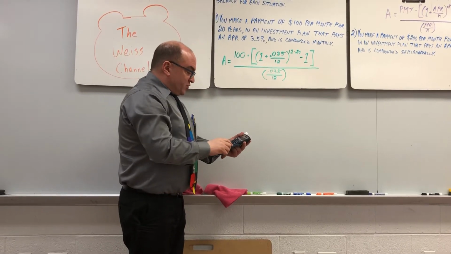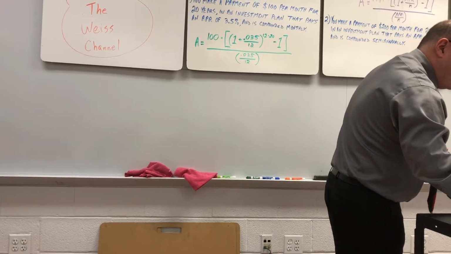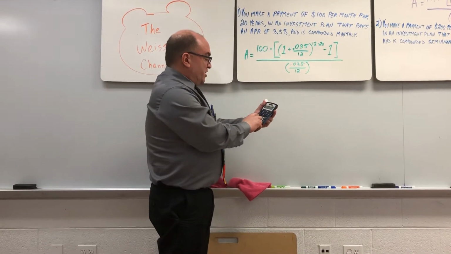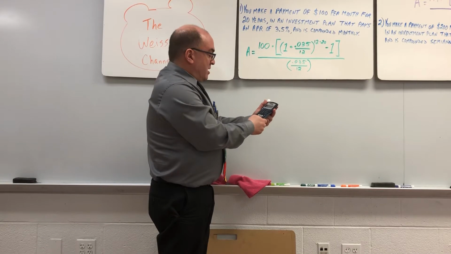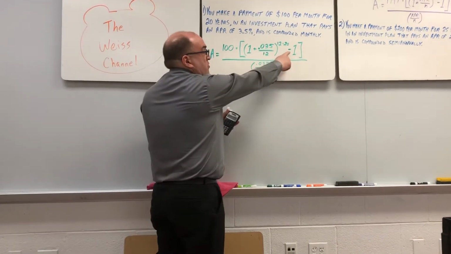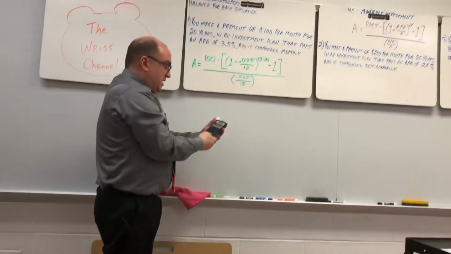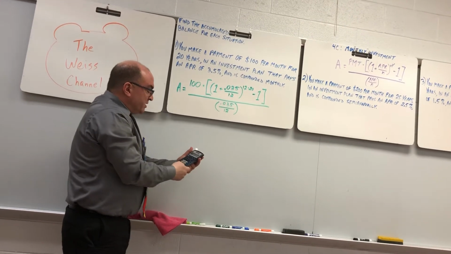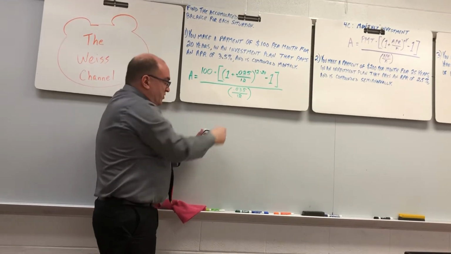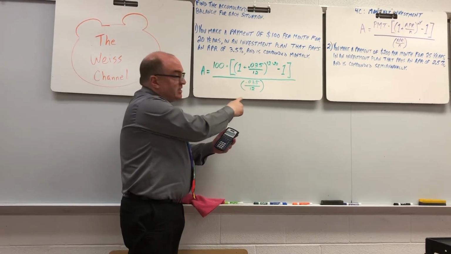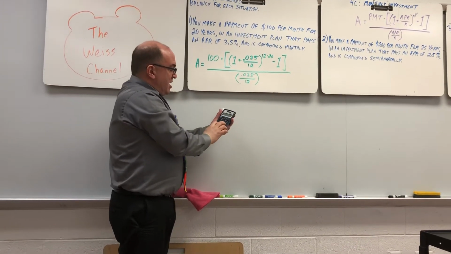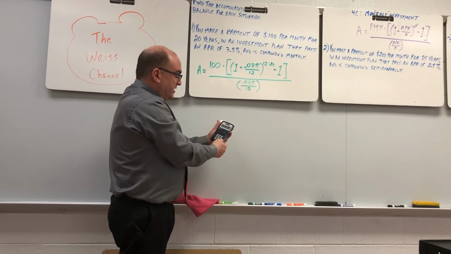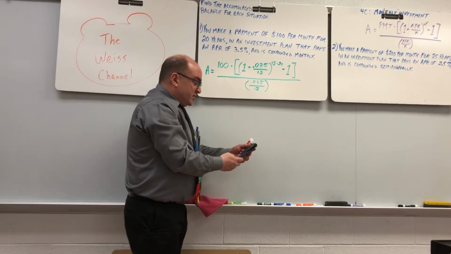What is 12 times 20? 12 times 20 is 240. Okay? So I'm going to do to the 240th power. Equals. All right? Now I'm going to do minus 1. Minus 1 equals. Now I'm going to do times 100. Times 100 equals. Okay? Now I'm going to divide by, and I'm going to use parentheses on my calculator because it'll give me a different answer if I don't. Parentheses, 0.035 divided by 12. Close the parentheses, hit equals, and I get